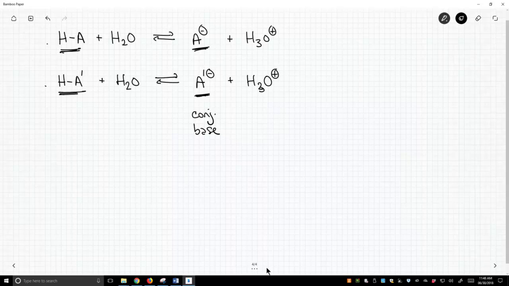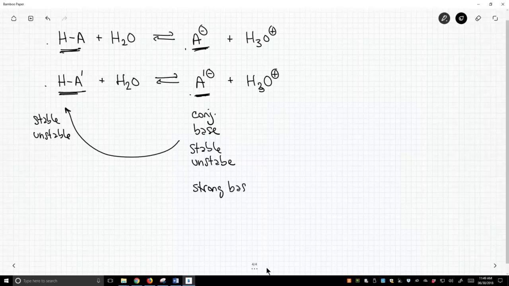In this case, it is a negative charge on the conjugate base. By evaluating how happy or sad, how stable or unstable this negative charge is, we will be able to say if this is stable or unstable. Then it'll tell us about the acids. Are the acids stable or unstable? And this works because in acid-base chemistry, if you look at the conjugate base, something